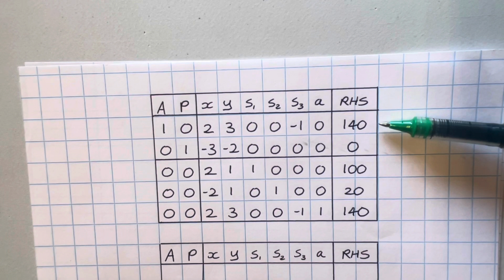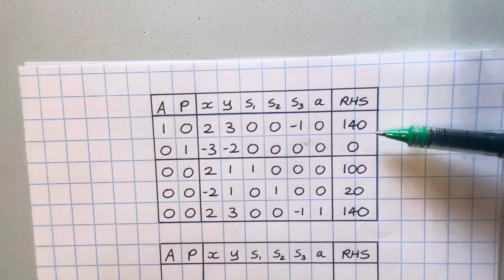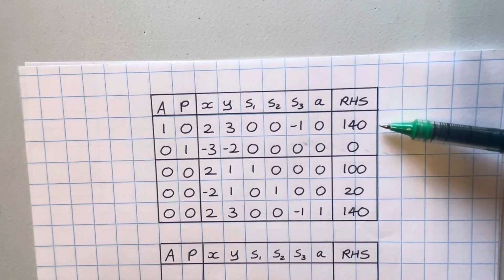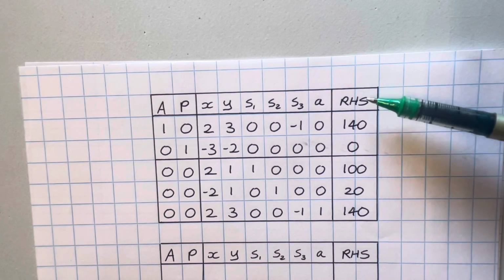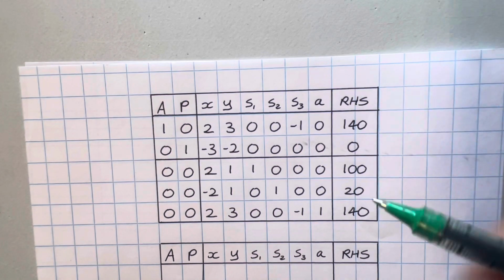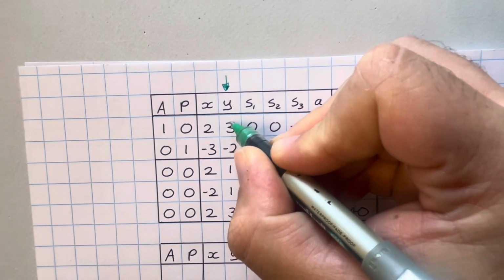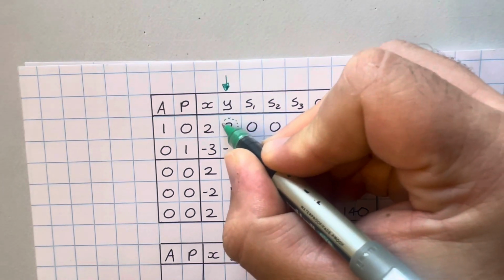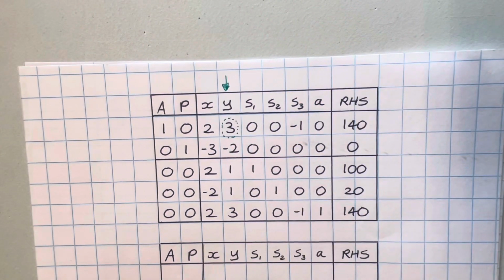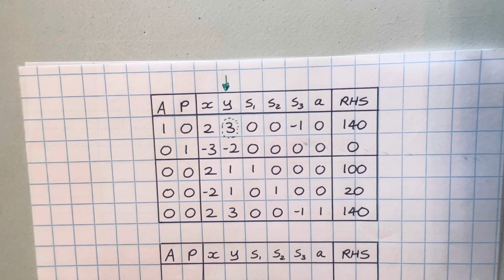If you want to maximize, you choose the most negative. Therefore, if you want to minimize, you must choose the most positive. Obviously, you can't pivot on the right-hand side, so the most positive is Y. Okay, so there's our 3, this one here. This is the reason we are choosing this column, because it is the most positive number in the objective row. Okay, we're doing the minimize A first as our first objective, because that will take us from the origin to